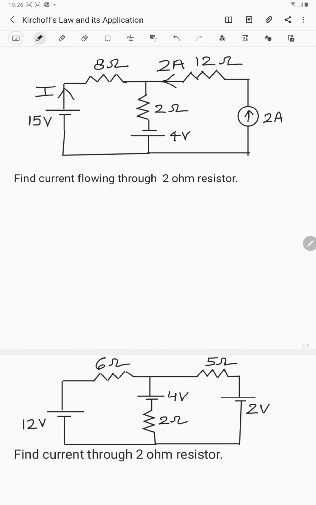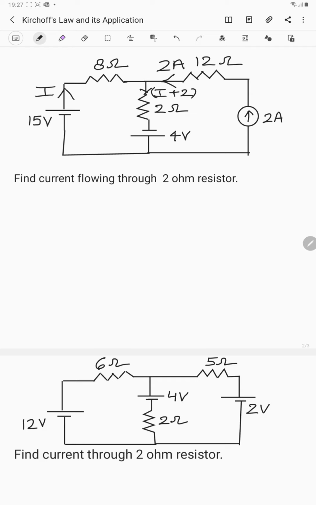Now the current coming from this side is I. The current coming from this side is 2 ampere. It is a junction, so what should be the current in this branch? We need not assume the current in this branch as I1 or I2 or any other variable. Using KCL, with this branch and this branch current, we can write what the current in this branch should be. Here 2 ampere, here I ampere, so the total current here should be I plus 2 ampere. That's the current in this branch.